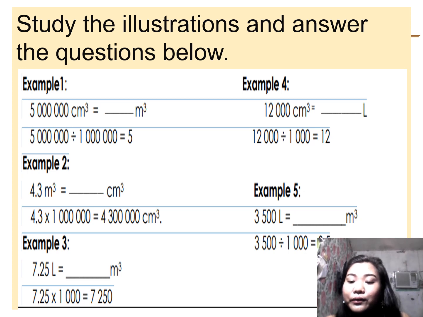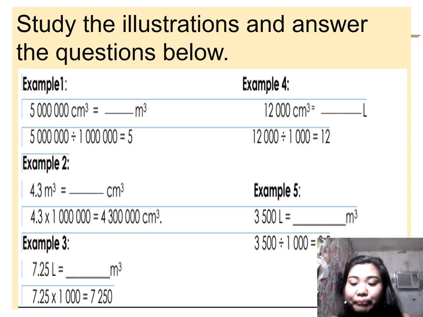3,500 liters to cubic meters. So, smaller unit to larger unit, so we will divide. So, 3.5 times 1,000 is equal to 3.5 meter cube. So, therefore, 3,500 liters is equal to 3.5 meter cube. That's how you convert the unit